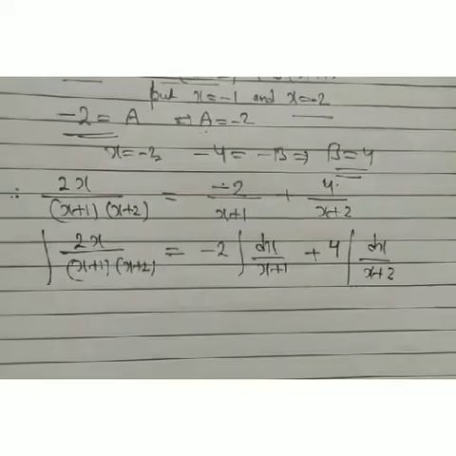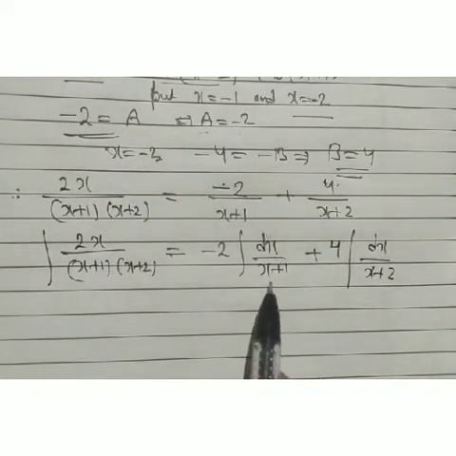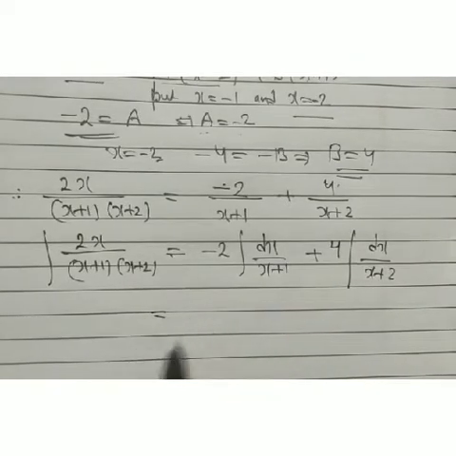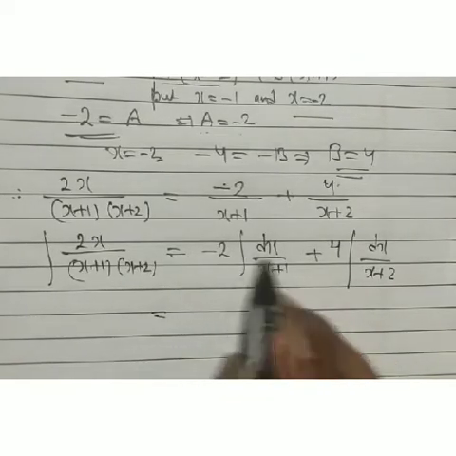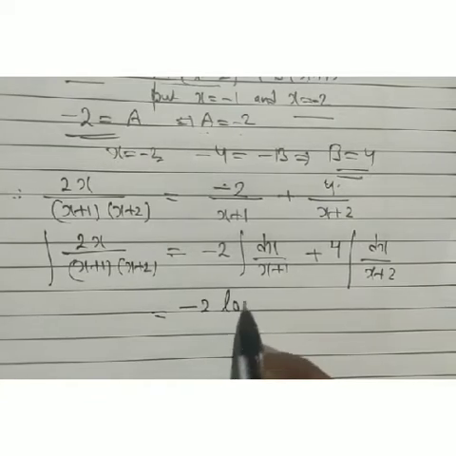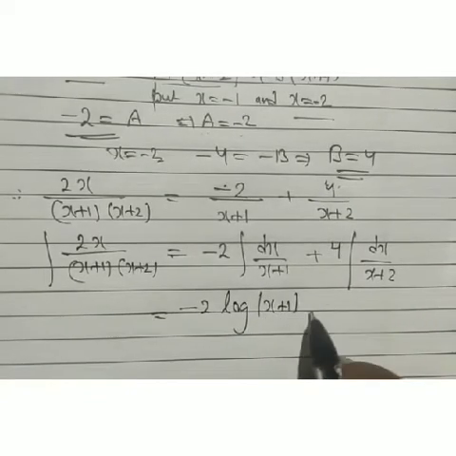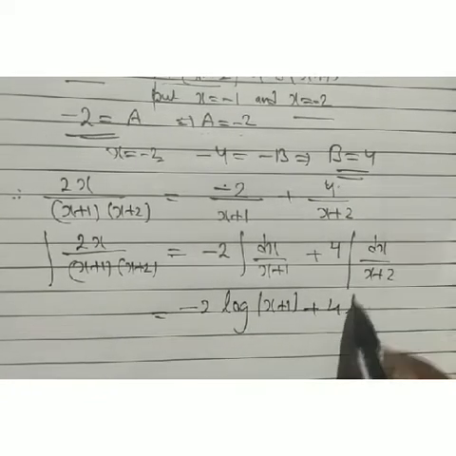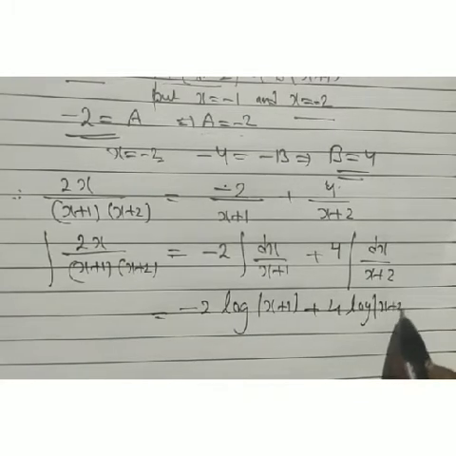Now look, it is of the form dx by x, because when we take x plus 1 as t, then dx goes to dt, and we are able to take the integral directly. This is log of absolute x plus 1, and here we have log of absolute x plus 2,